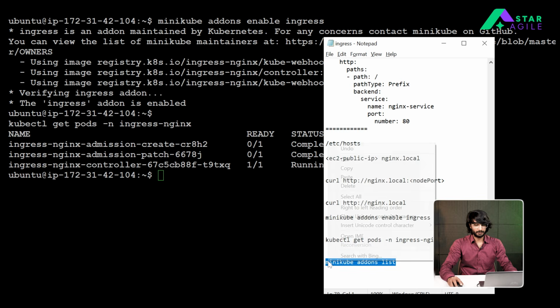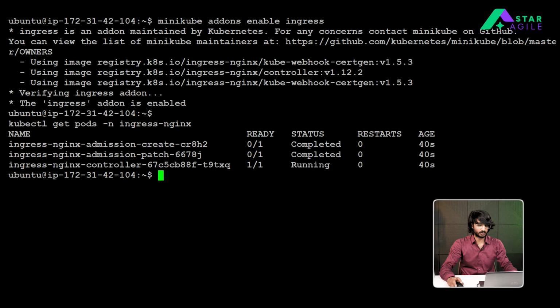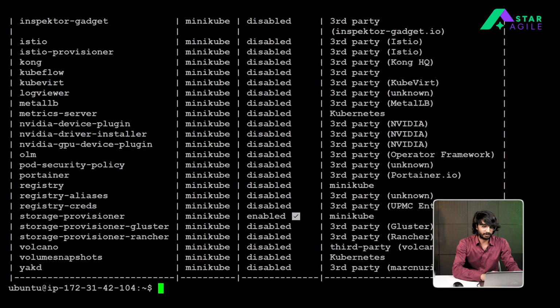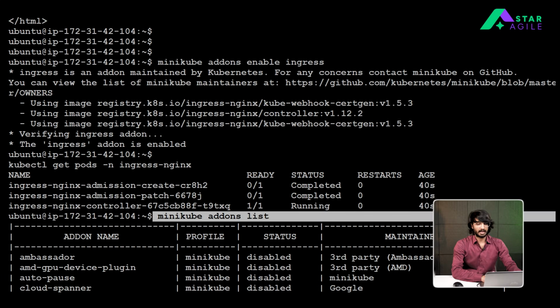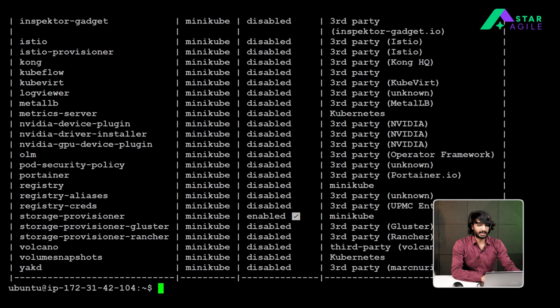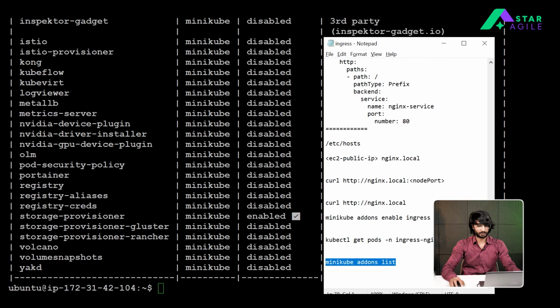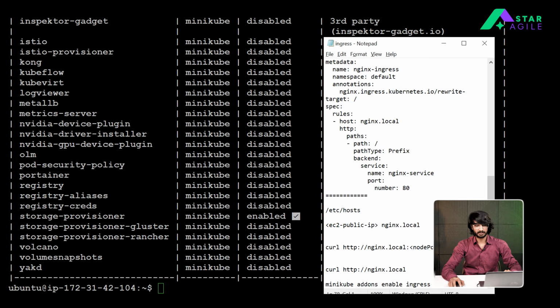I have one more command, minikube addons. We can check different add-ons that are available in our Minikube cluster. As you can see, as soon as you run the command minikube addons list, all the available add-ons will be shown. We can go and use these things. But as of now, since we already installed the Ingress controller, let's move ahead from there